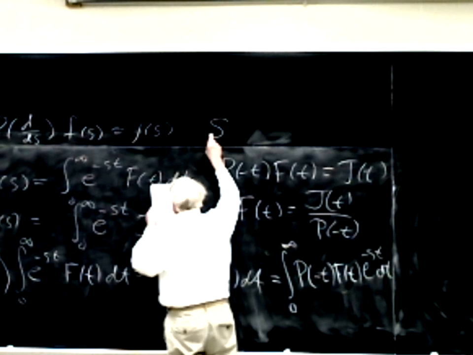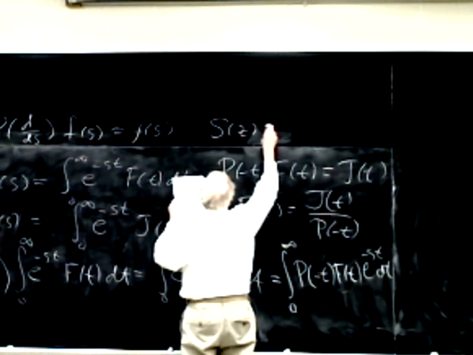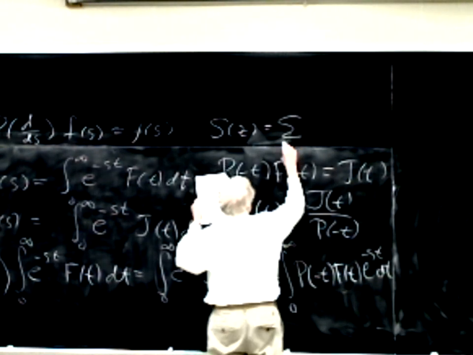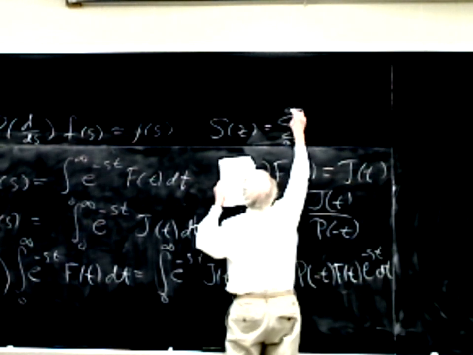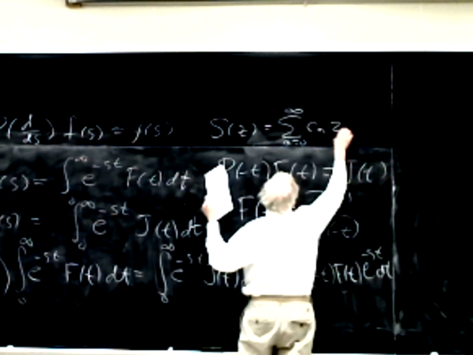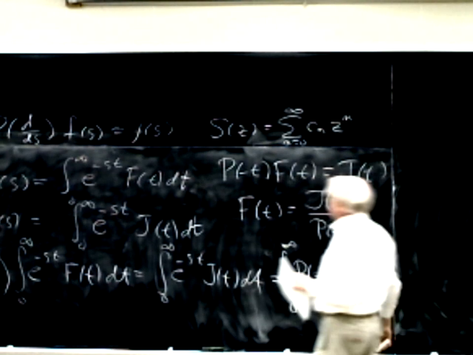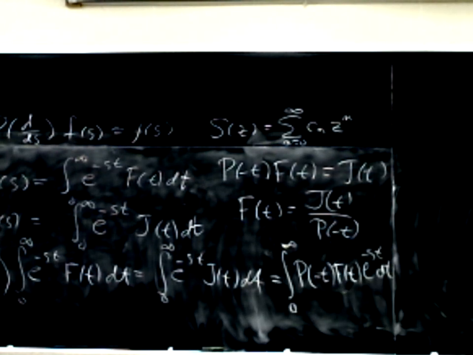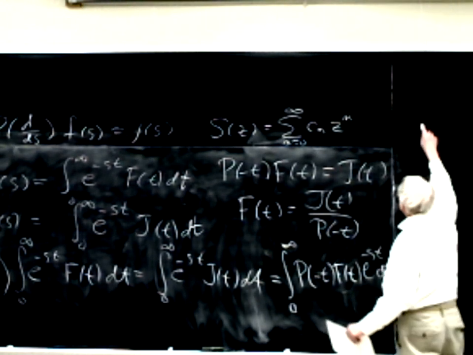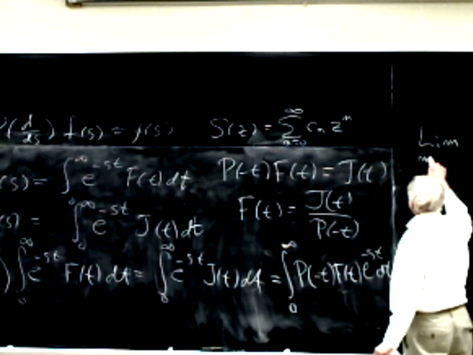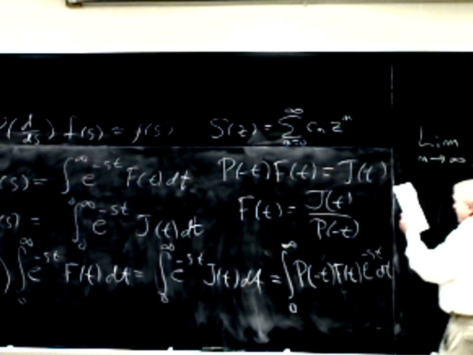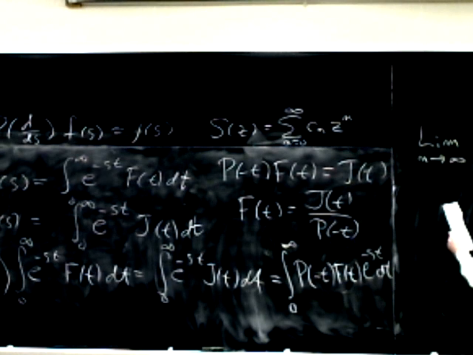A power series, S of z, is a series of functions, the sum from n equals 0 to infinity of c_n z to the n. So it's a special series of functions. And remember, we had a ratio test, and the ratio test says that this series converges if the limit as n goes to infinity of c sub n plus 1 z to the n plus 1 over c sub n z to the n